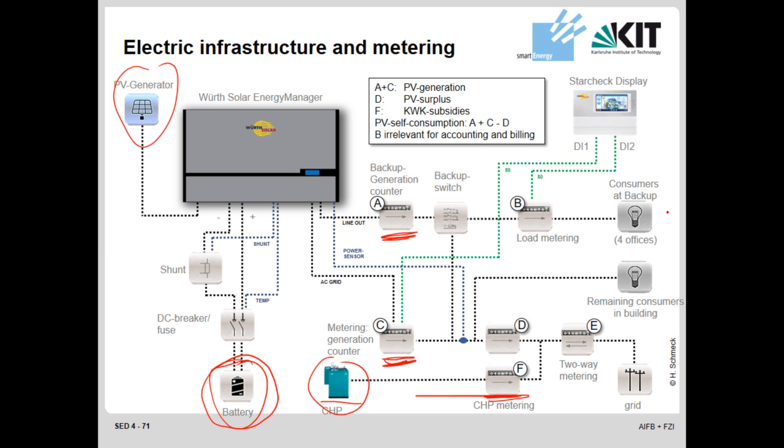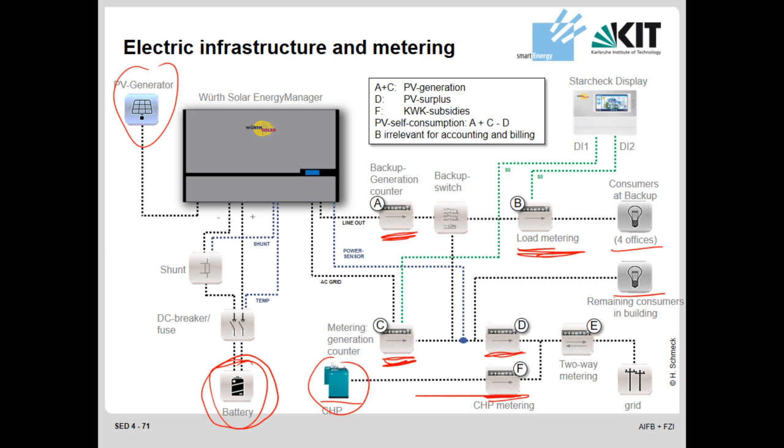Then we have some offices which are using power. We would like to find out how much power is actually consumed in the house or in these offices. There may be some other or some remaining consumers, so we have here another